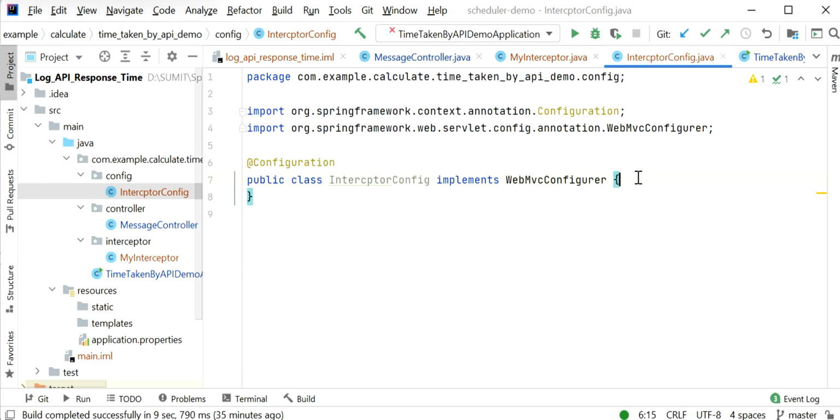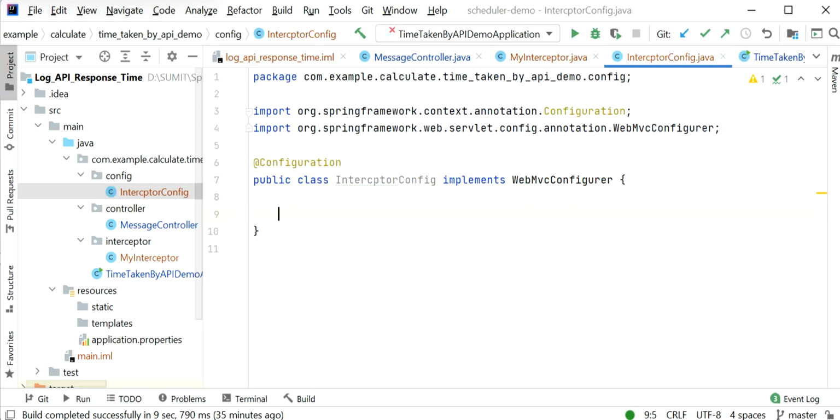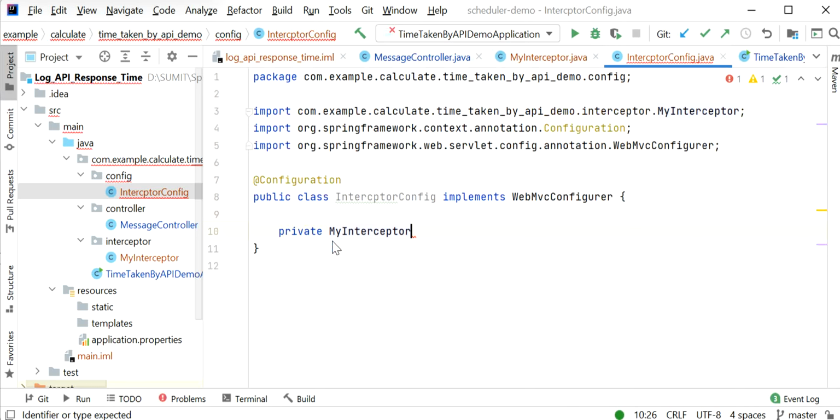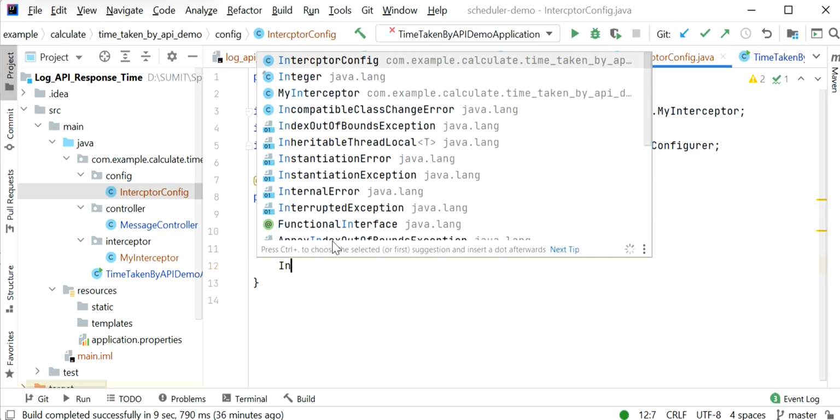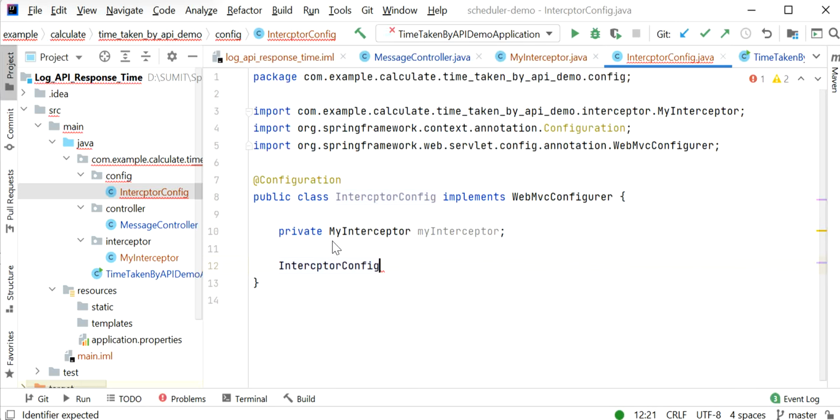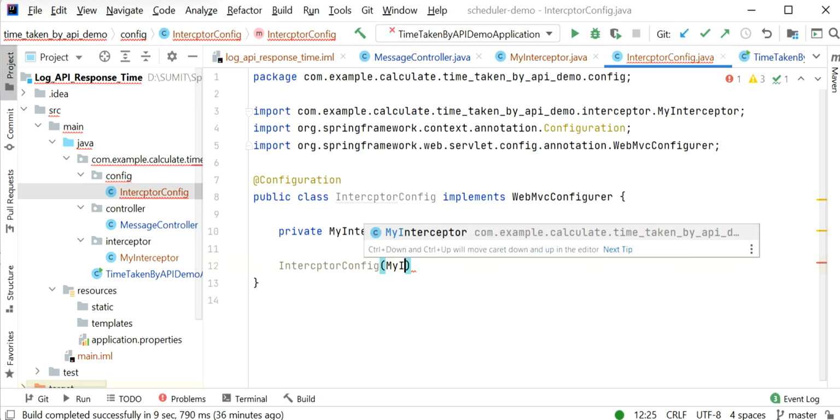Now I need to register my interceptor. Here I have created the class MyInterceptor. So here I will declare a private MyInterceptor, and here I will create the constructor for our class, that is InterceptorConfig, and here I will just pass my interceptor.